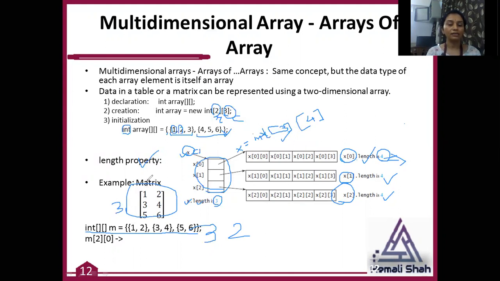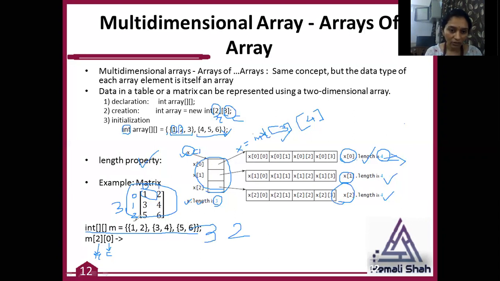Now to access all the elements, you have to use the indexing syntax. For the indexing syntax, you have to again use two brackets. The first index indicates the row number and the second index indicates the column number. The row index starts from 0, 1 and 2, and the column index also starts from 0 and 1.